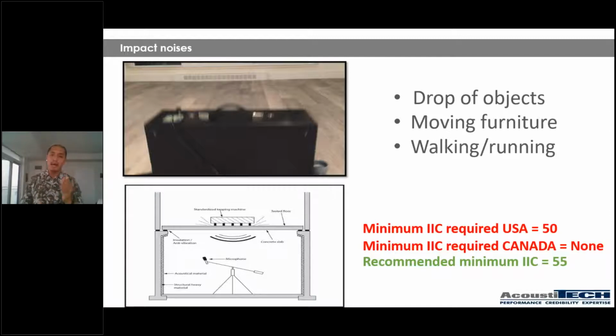Very, very important. Now, talking about requirements in the US and Canada, the IIC requirement in the US to respect is 50. However, in Canada, there is no requirement for IIC at all. There is only a recommended minimum of IIC 55. So for all of those that are here from Canada, what I'd like to mention is that even if IIC